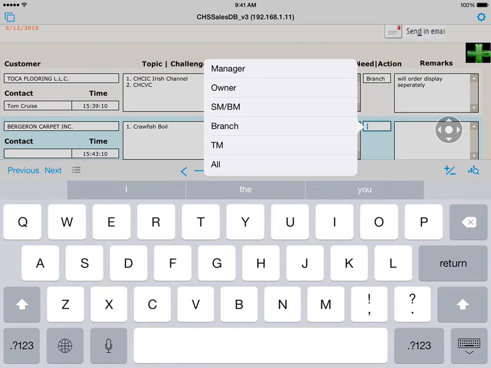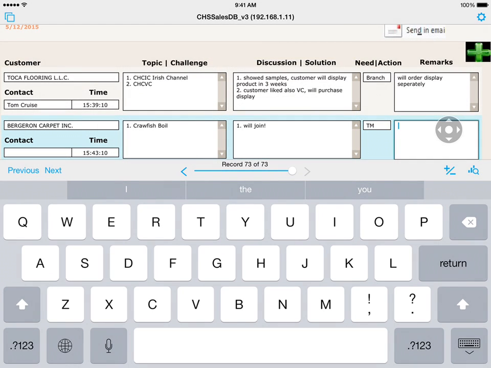Okay, and in this case you will follow up. We don't have to do anything. You choose a territory manager, and in remarks you put in whatever you need there. Okay, then hit the next button,